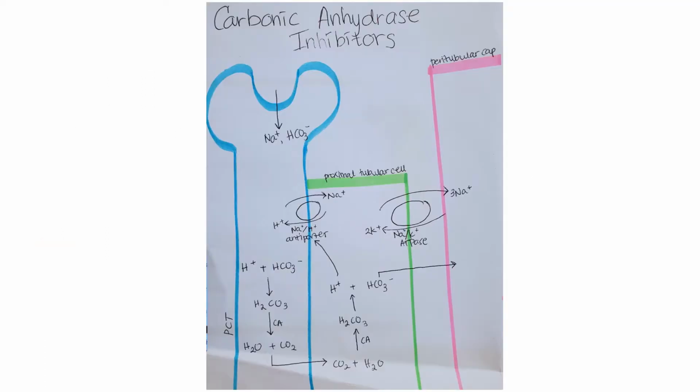Now let's discuss the mechanism of action of carbonic anhydrase inhibitors. Firstly, I just want to describe what happens in a normal physiological setting without the carbonic anhydrase inhibitors. So let's forget about that for now and think in a normal physiological setting. This is what happens. Normally, our glomerulus is here. I just forgot to draw it. From the glomerulus, we filter out our sodium and our bicarb into the nephron, into the tubule, which is